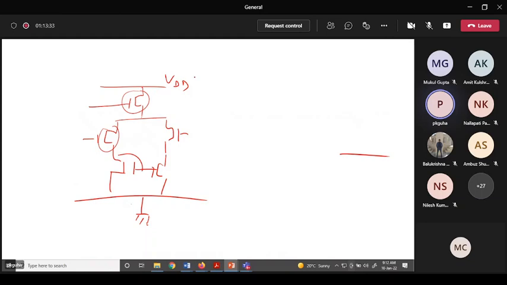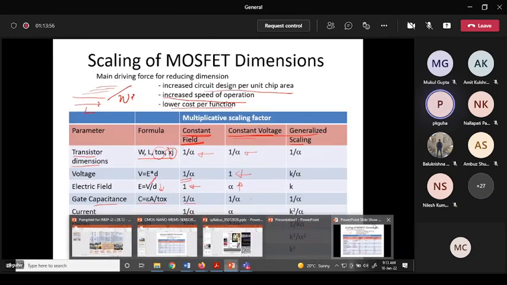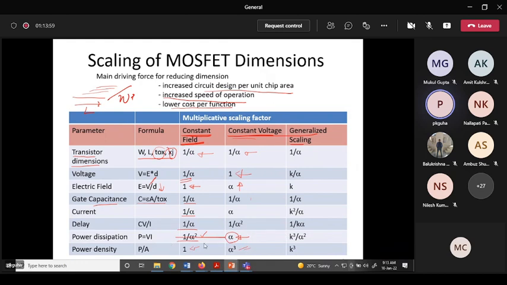Now if you keep on reducing your VDD in every next node, every 2 years down the line, it will be very difficult for the analog design engineer to design the circuit, you see. Okay, so constant field is very good because it is reducing the power dissipation. Okay, it is reducing the delay. It's a very good approach. But the thing is